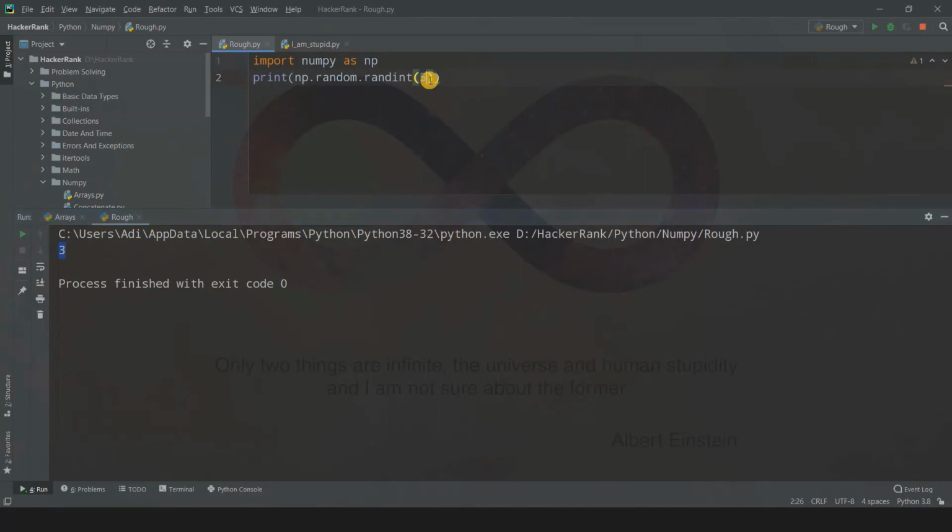So now let us do one thing. Let us specify some size as well. Say size equals 7, and if you run this code, that will give us 7 elements, but the range will be from 0 to 5, remember, and 5 is not included. So basically 0, 1, 2, 3 and 4. The elements can be 0 to 4, where 5 will be excluded, which is low. Remember, 5 is not high, 5 is low.